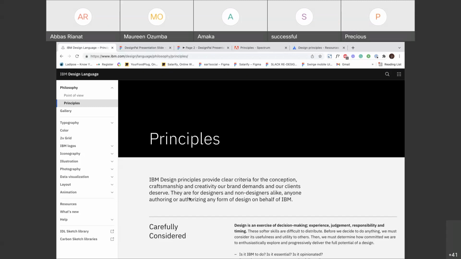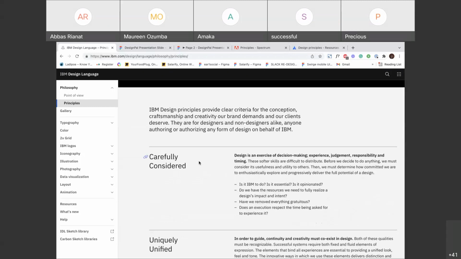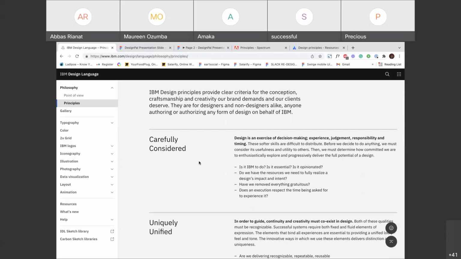Okay, this is what we want. We want our design to be intuitive, right? In what sense? In what action? Are you getting it? We want it to be simple and obvious. Okay, in what sense? In what actions? We want it to be specific, or we want it to be broad. In what sense and in what actions? Do you get? So if we all come together, and they say, okay, we want it to be broad,